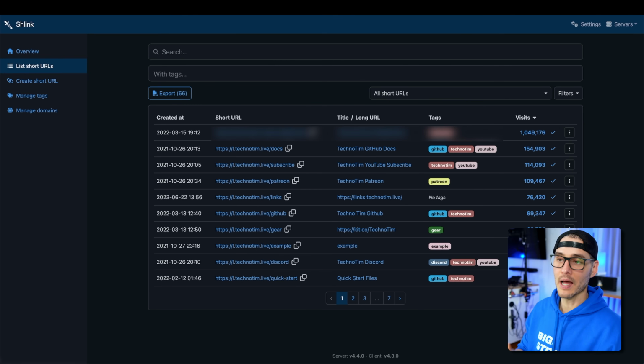I've looked at a lot in this space, and this is the most modern and I think the most well-architected system that's out there. It uses Postgres on the database. They've separated the API from the client. Like, this is production ready, and I use it in production. And so most of my links that you see, l.technotim.live/docs, will take you to my documentation page.